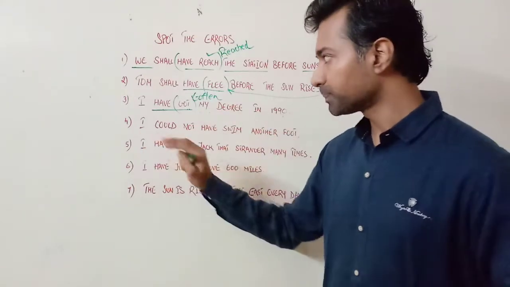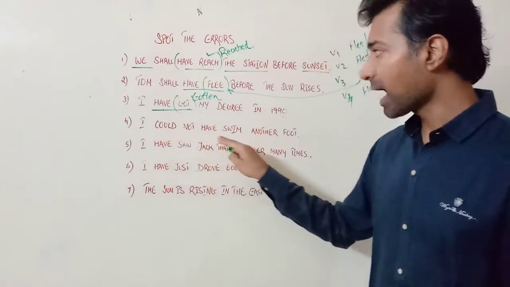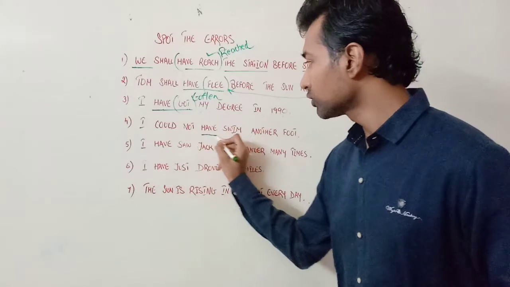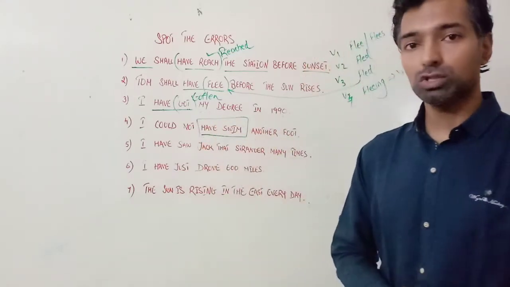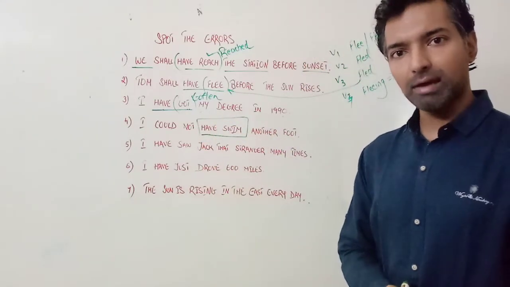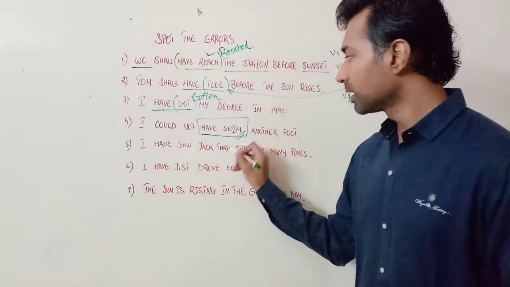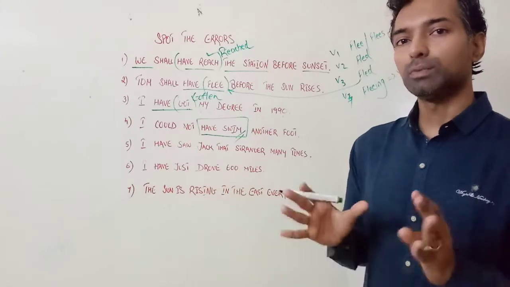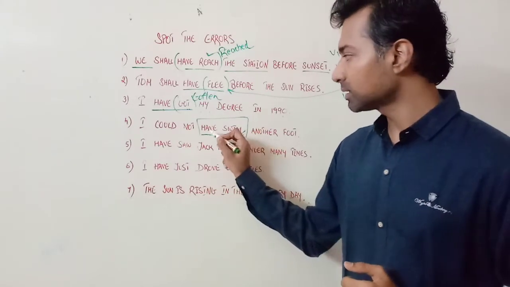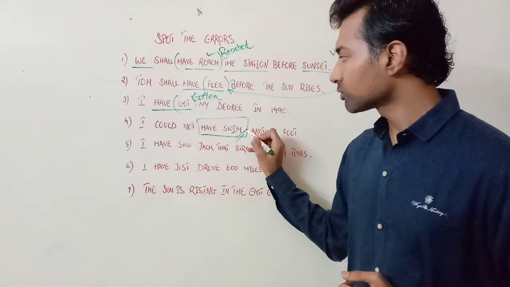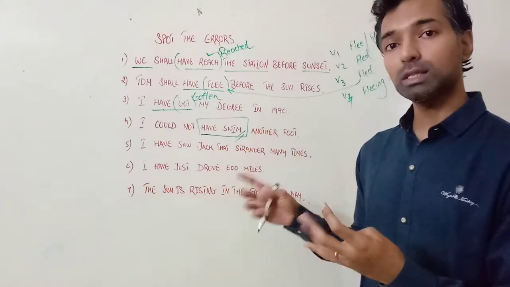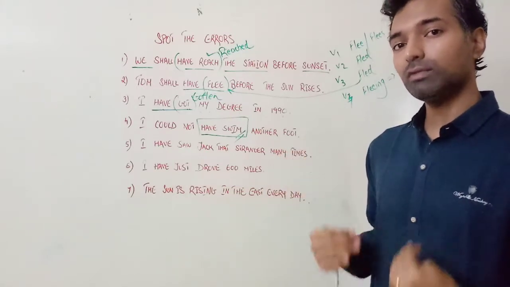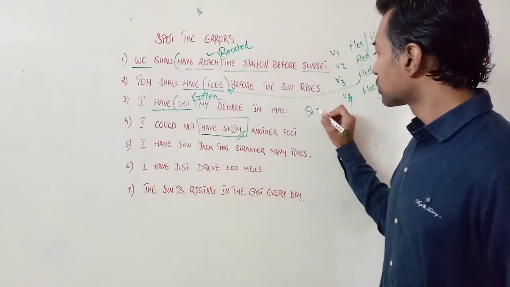Coming to the next one: I could not have swim another foot. Remember, we have just understood the combination. With this combination of have, I have the verb swim, and if I were aware of it, I would have understood that there are forms of the word swim, and the V1, V2, V3, V4 forms happen to be